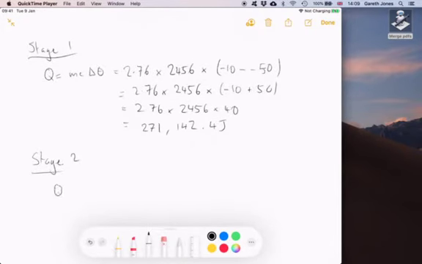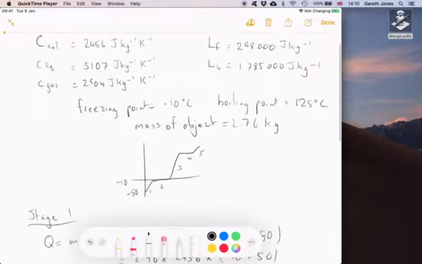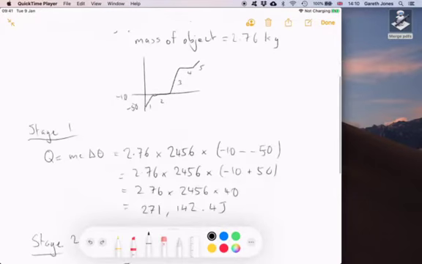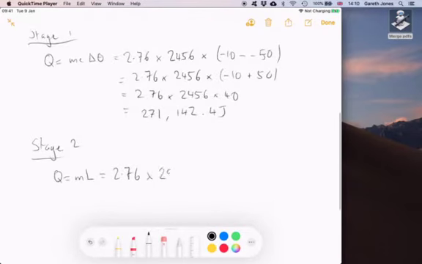Okay, now stage 2. This time we're melting it, okay? So we need this formula, and again our mass is 2.76 kilograms, and the latent heat of fusion, as you can see up here, is 298,000. So let's put that in, 298,000, and again my calculator gives me a much bigger number than the last stage,